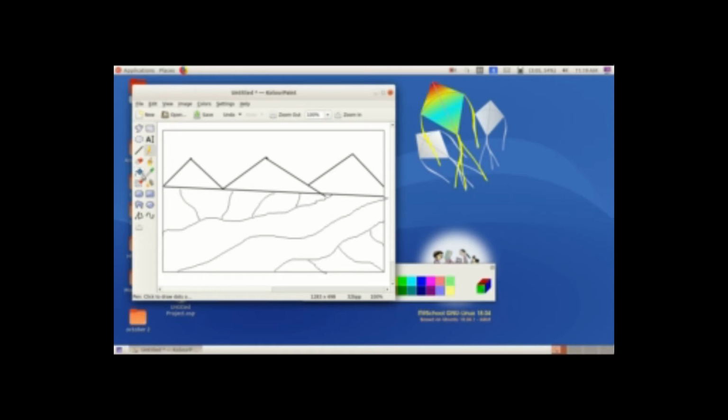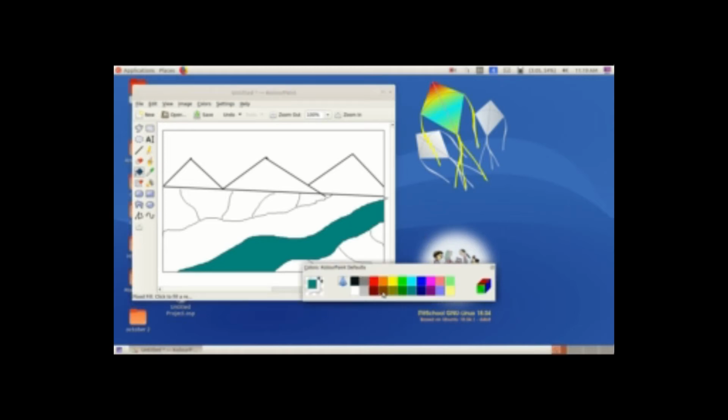Now I have to give the color paint, using the bucket flood fill tool. Click it and then click the colors, whichever color we want for each one. Now first I am giving blue color to the river at the side. Next I am clicking the flood fill tool again, changing the color for the mountain.